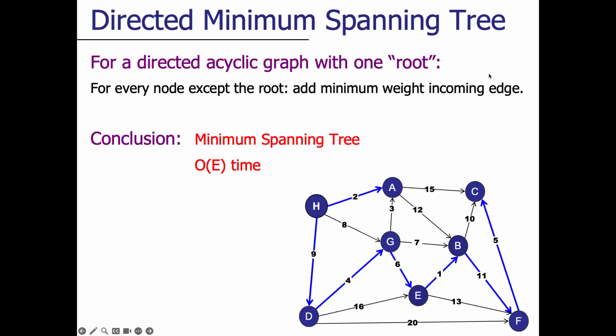The conclusion is for these specific cases, for a directed acyclic graph with one root, we will be able to generate the directed minimum spanning trees in O(E) time, right? And that would be a simple specific case. I mean, it only works in the specific cases. Now let's move on to